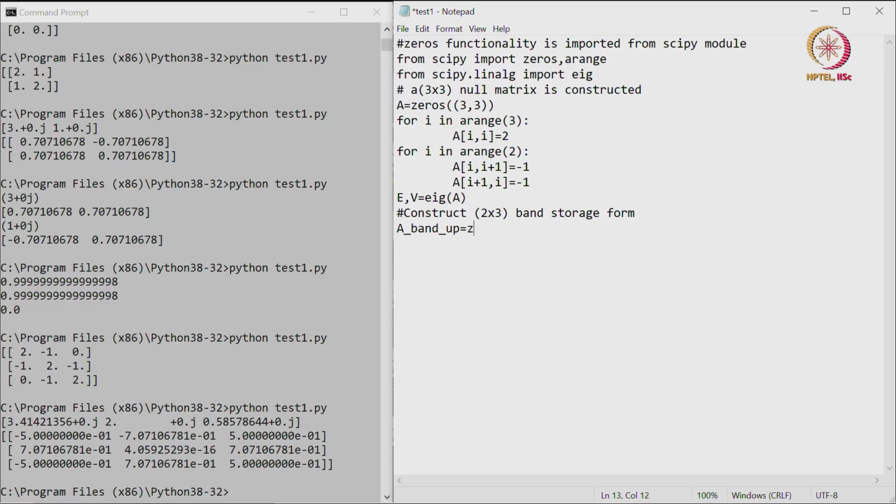So, we will prepare zeros 2 by 3, and we have named the null matrix A band up. Up, because we are going to use the upper diagonal elements, and then we will automate the procedure for I in